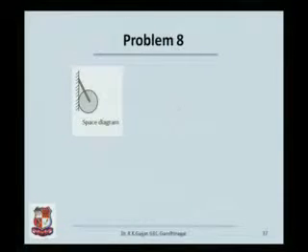A few more examples. This is once again a rod and a circular disc which is held in place. This is the space diagram. What will the free body diagram look like?